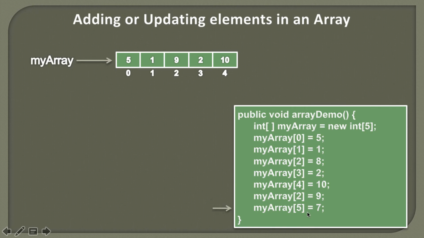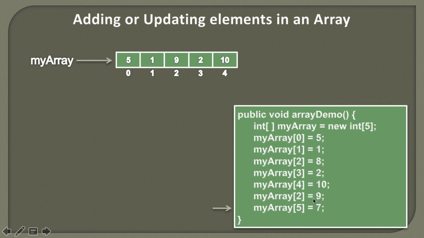And friends, at the last step, you can see that this integer array is of size 5, and we know that the index starts from 0. So the last index would be 5 minus 1, which is 4. Now, let's say we access myArray and do something like this with 5. Here you can see the 5th index is not there,